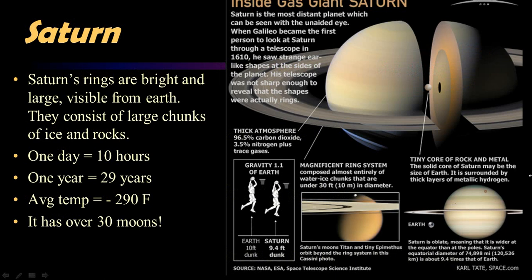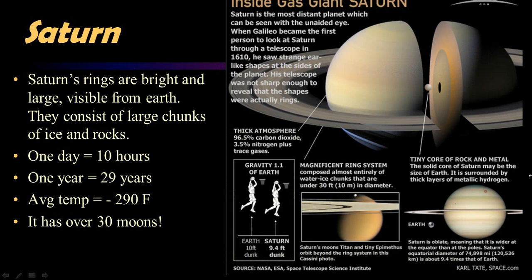Saturn comes next. Many people find Saturn to be their favorite planet only because it's just so beautiful, right? It's lovely looking. Those rings are just mesmerizing. So its rings are quite bright. In fact, it was Galileo who saw the rings first, but he did not know what they were. So he looked up and saw the planet. It looked like a ball with a line going straight through it. So he never did quite figure that out. If it had been on its side, he may have seen that they were actual rings going around there.